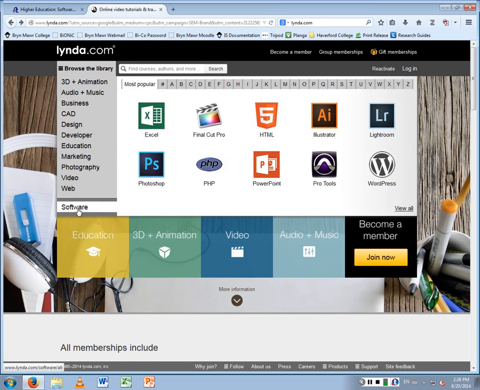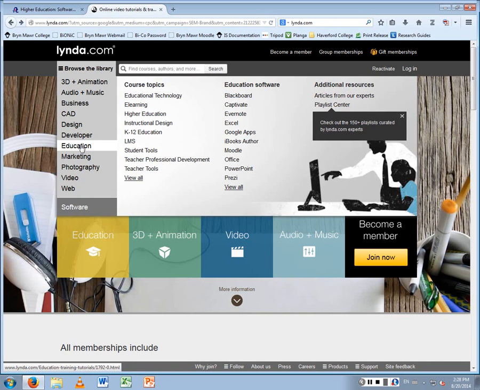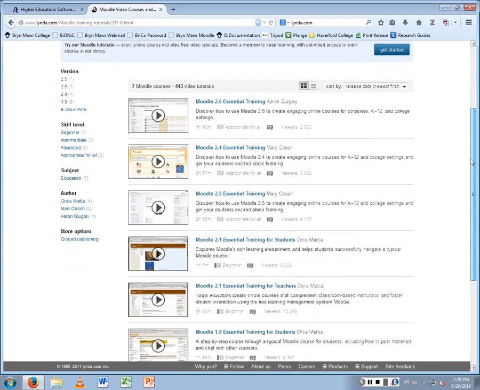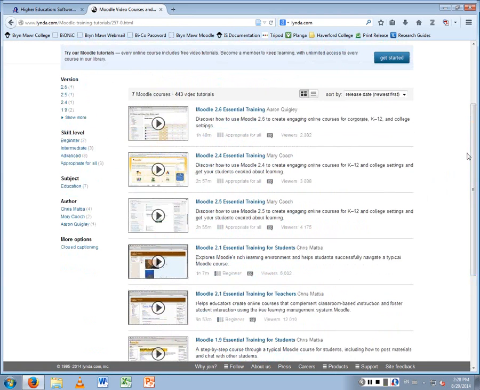But also, somewhere in here, I think under Education, is LMS Moodle. And so some of these are free now. We're also going to eventually have a subscription to it. So you can play around with those. And those are video tutorials. Same with Atomic Learning. It's sort of a walkthrough. Another thing I have found, quite frankly, is that if you just Google Moodle how-to whatever, there's probably